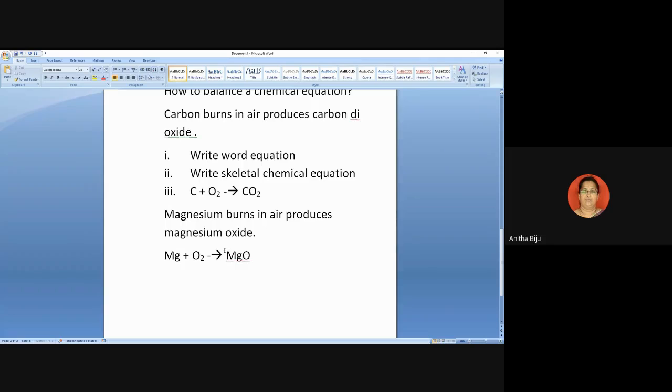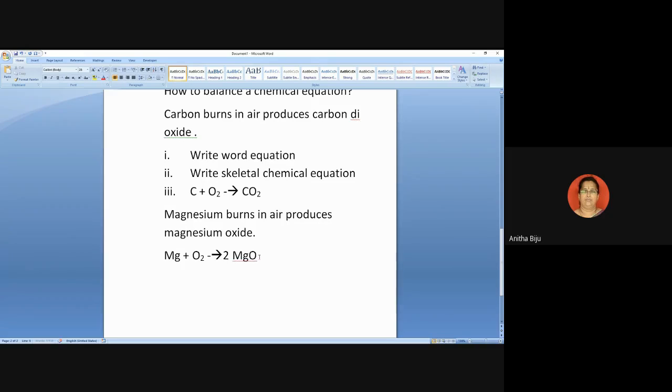So while we are balancing the equation, we are not supposed to disturb the formula. Magnesium oxide has the formula MgO. It never changes. So in order to balance an equation, we need to put a number on the left side of symbols and formulas, right? In this case, in order to balance the oxygen atoms, we need to put a number 2 on the left side of the arrow. So it is 2MgO.